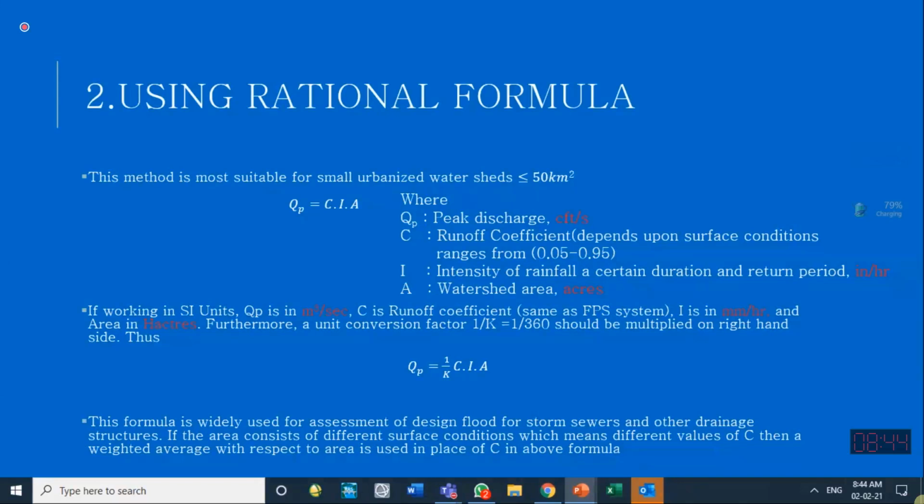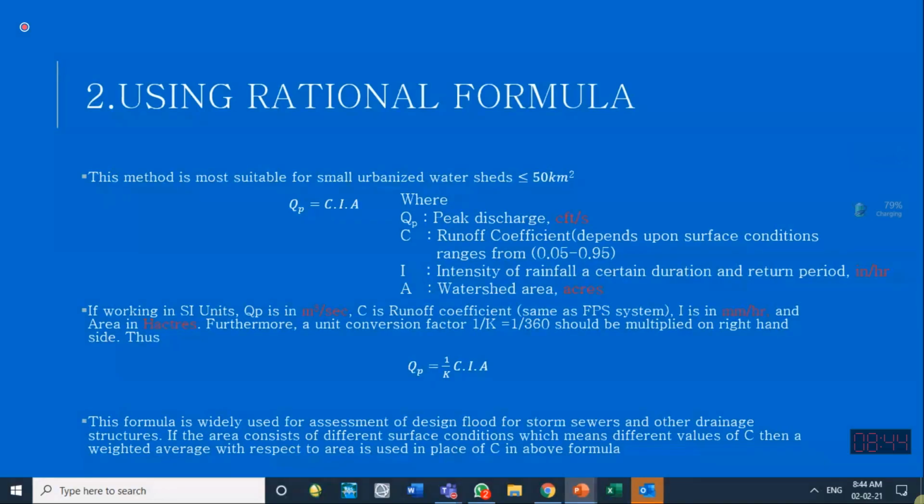Just for example, these barrages we design for a 100-year return period. These embankments we design sometimes for 50 years, sometimes for a 25-year return period. There is a temporary embankment, we call it a coffer dam. When we make a barrage or dam, sometimes we have to make an embankment that we need only for the construction period. So we call that temporary embankment or bund a coffer dam, C-O-F-F-E-R, coffer dam.